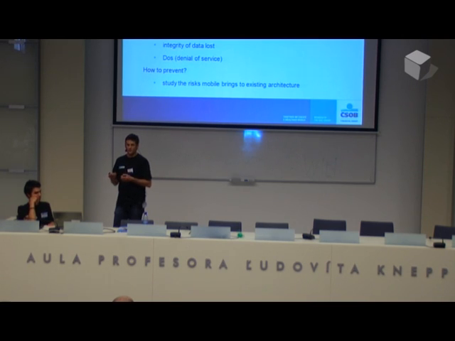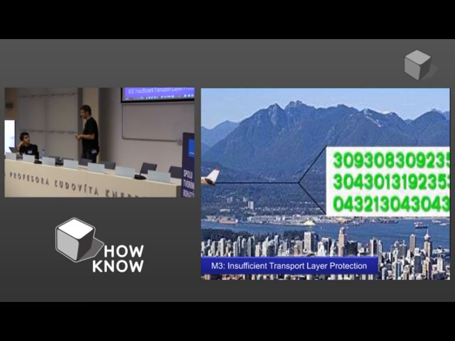These problems are often caused by the fact that they connect mobile applications to an existing ICT architecture which is not really compatible with the mobile apps. They had a backend dedicated for a web application. Oh, okay, this backend, mobile app in front of it, and I forgot a lot of things. So that's introducing a security risk. How to prevent? Well, it's not one silver bullet, but at least what you should do, study the risk mobile applications bring to your current existing architecture. Sounds easy, but it's really not.